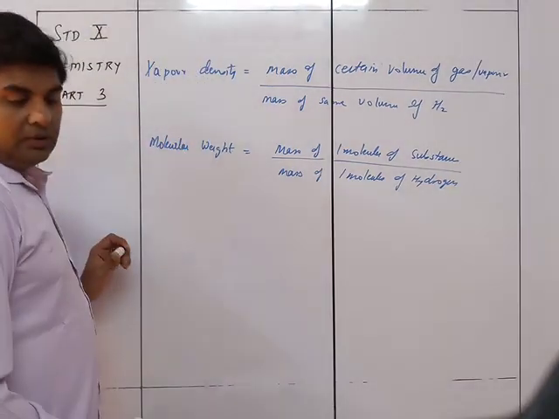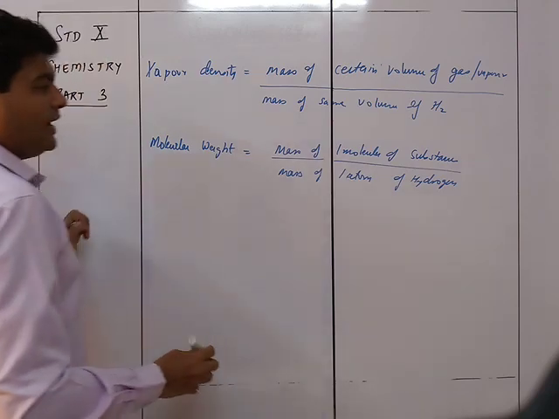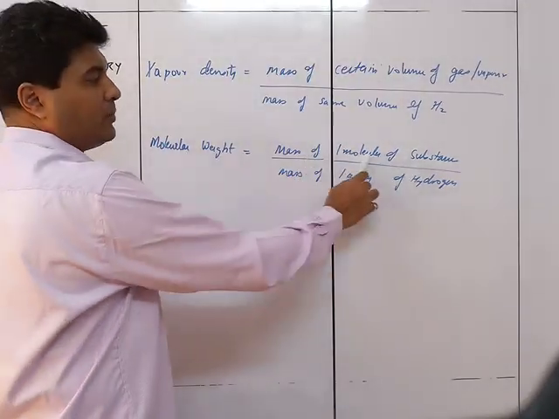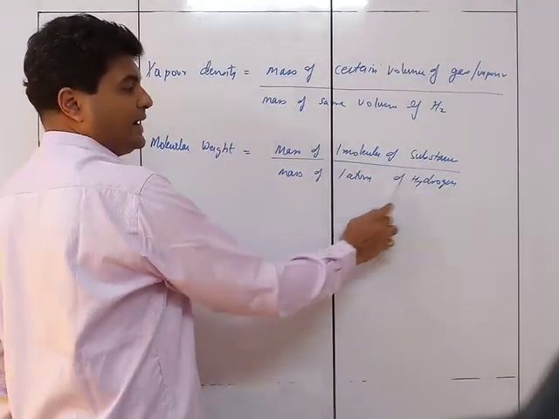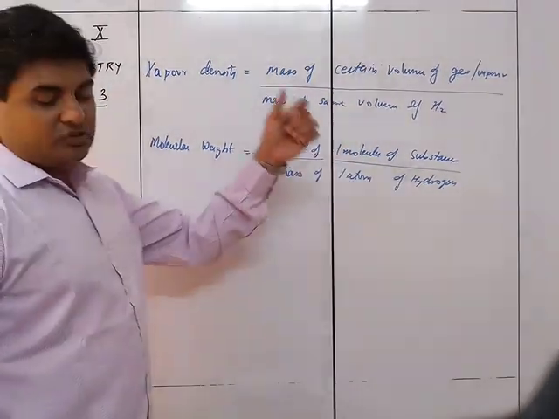Okay, so sorry, one atom of hydrogen. So now you see that molecular weight is the mass of one molecule of substance upon the mass of one atom of hydrogen. Now here, if I take the mass of a certain volume of gas that is given,